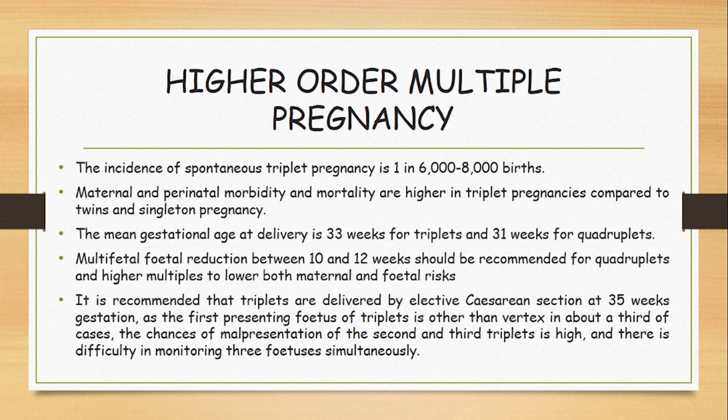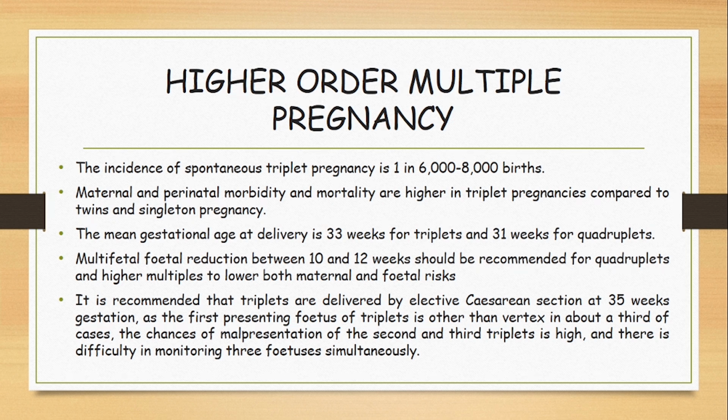The mean gestational age at delivery is 33 weeks for triplets and 31 weeks for quadruplets. Multi-fetal reduction between 10 and 12 weeks should be recommended for quadruplets and higher multiples to lower both maternal and fetal risk. It is recommended that triplets are delivered by elective cesarean section at 35 weeks gestation, as the first presenting fetus of triplets